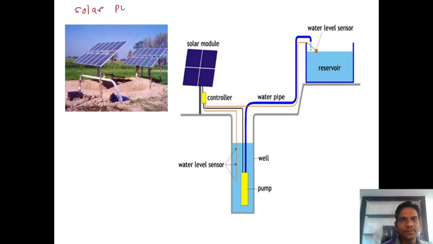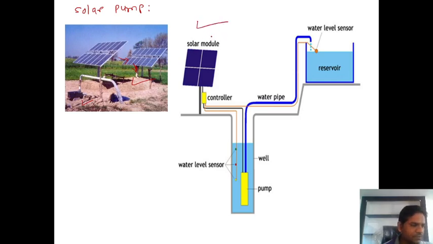Solar pump, guys. Okay. So this is another application from the agriculture point of view. You all students observe here the solar pump, right? This is the design of the solar pump. This is the flat plate collector, meaning photovoltaic cells will be used there. This photoelectric cell absorbs the solar energy, and this solar energy is converted into electrical energy, and this electrical energy is used to drive the pump and to lift the water from the well into the reservoir. Yes or no? Yes. So this is the diagram of the solar pump.